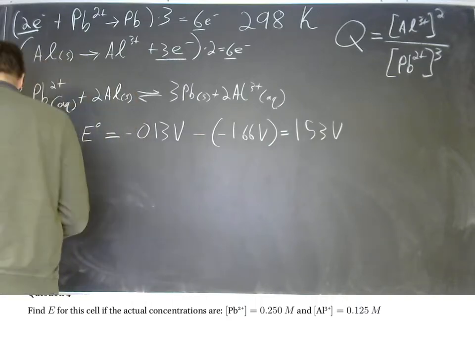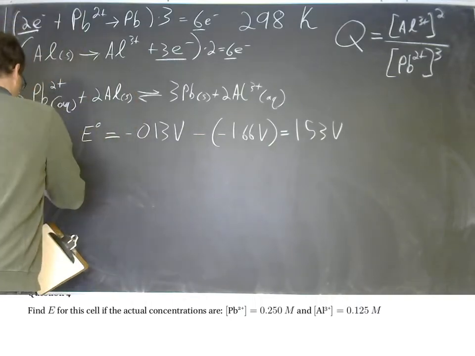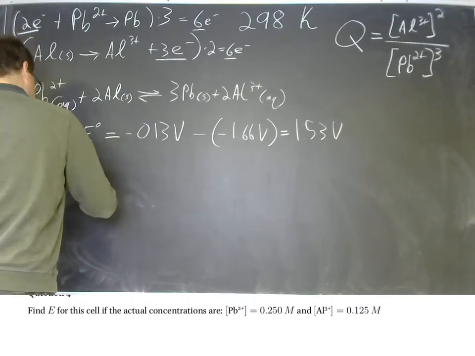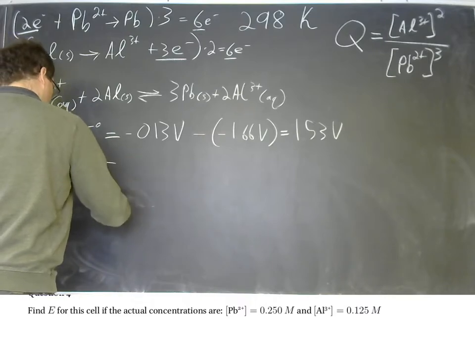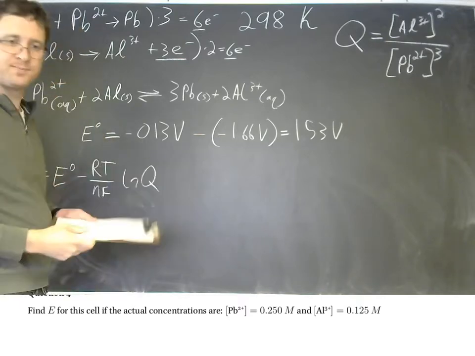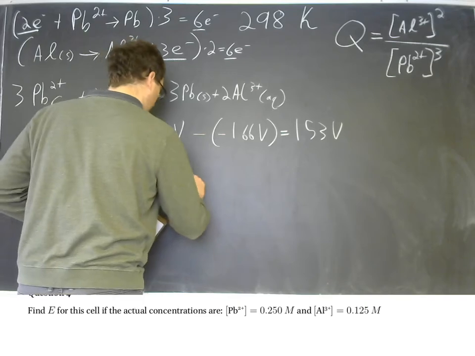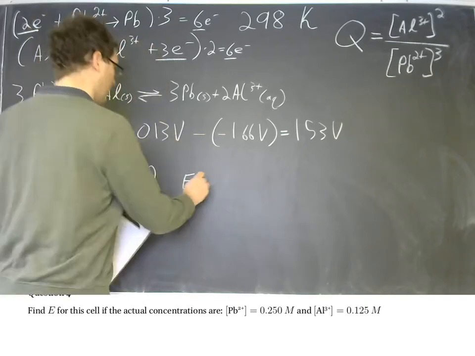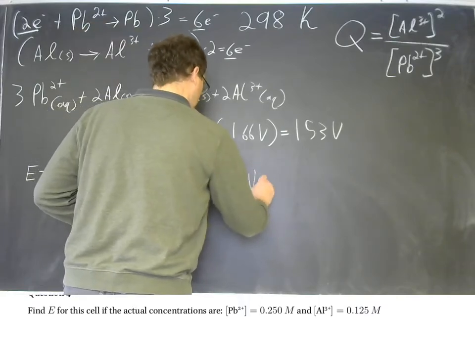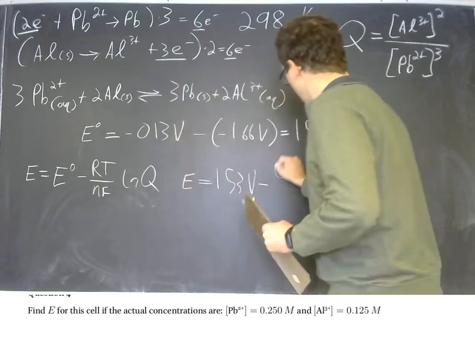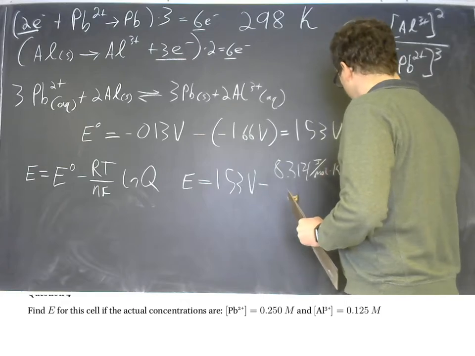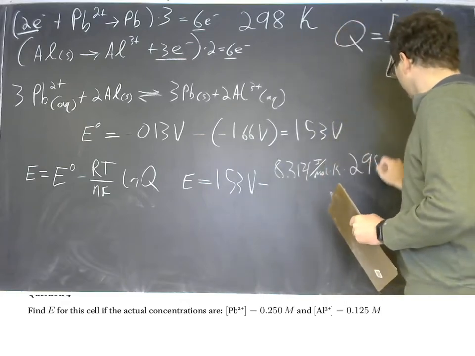So we're going to use the equation E is equal to E0 minus RT over nF times the natural log of Q. So our cell potential is going to equal the standard cell potential, 1.53 volts, minus 8.314 joules per mole Kelvin times the temperature of 298 kelvin over